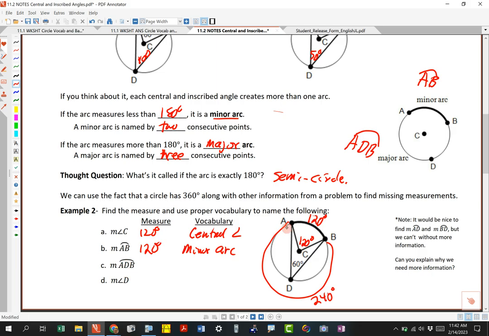Arc ADB, ADB is the big one, so we know the measure of that is 240, and that's a major arc. And then the measure of angle D is 60 degrees, and the best name for that is inscribed angle. You doing okay? Okay, now before you turn over,